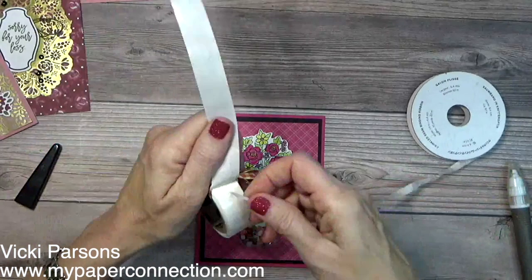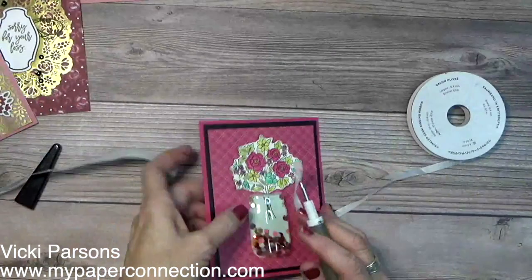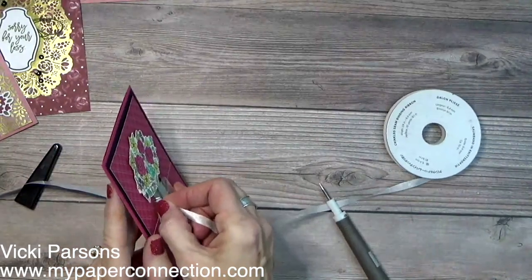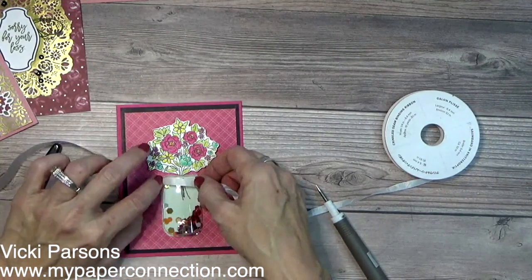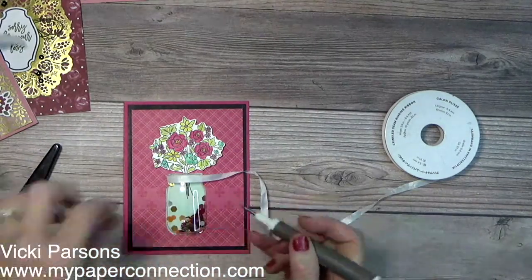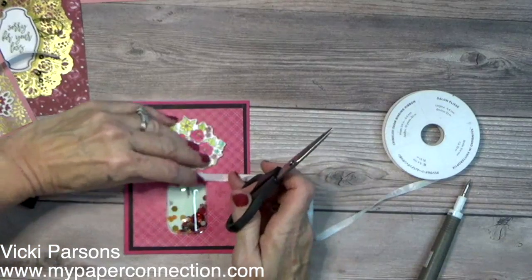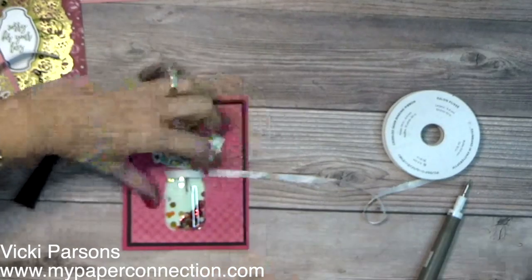Okay, so I'm going to put a glue dot, because you know I'm like the glue dot queen. And I'm going to bring it around to this side. And I'm just going to see if I can get that to go down to where it looks like it's wrapped around the lid. Okay, then I'm going to take a glue dot and put it on this side over here, like that. And then put it down like that, and then I'm just going to trim it. And then tuck it